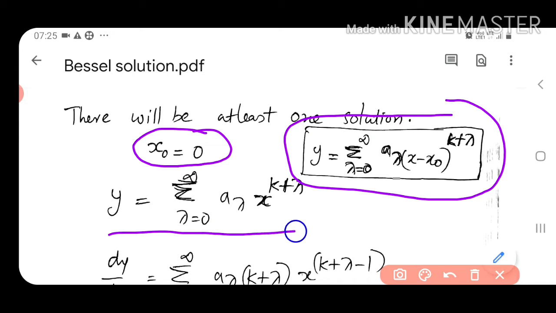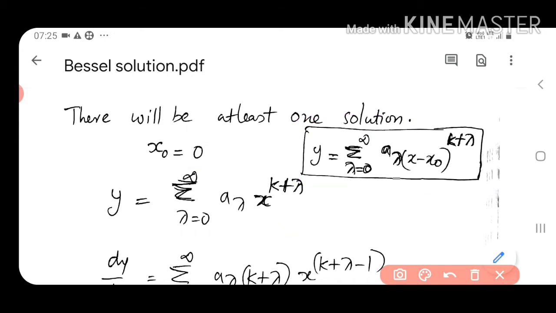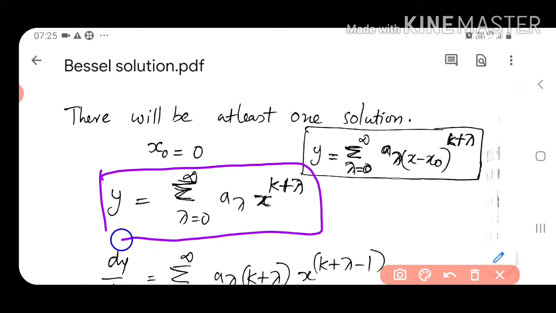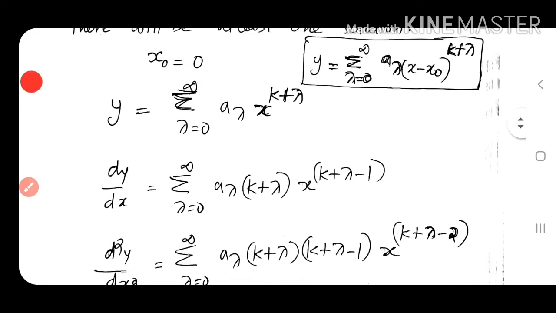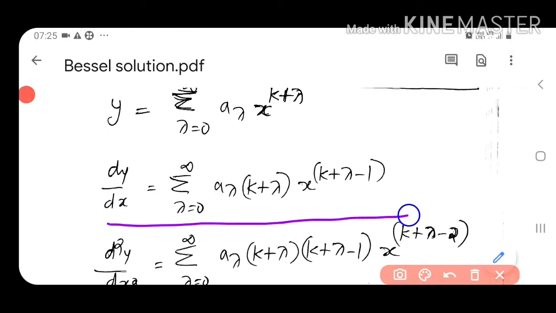So we have y equal to sigma lambda a lambda x to the power k plus lambda. So this is our y. x0 is 0. Okay. So dy by dx will be this. We differentiate this. So we have a lambda (k plus lambda) x to the power k plus lambda minus 1,